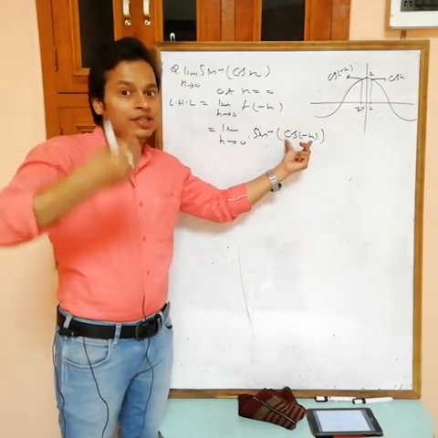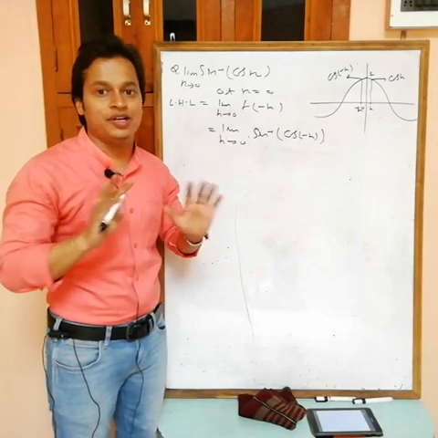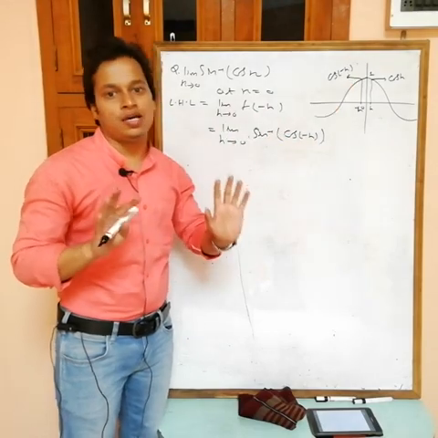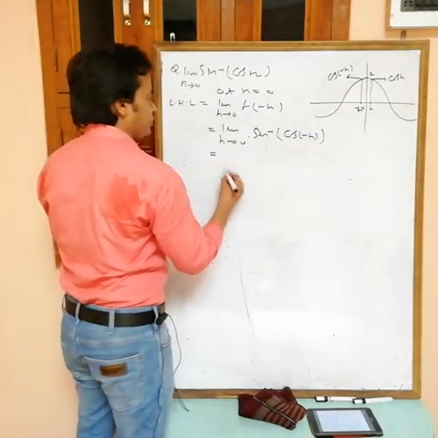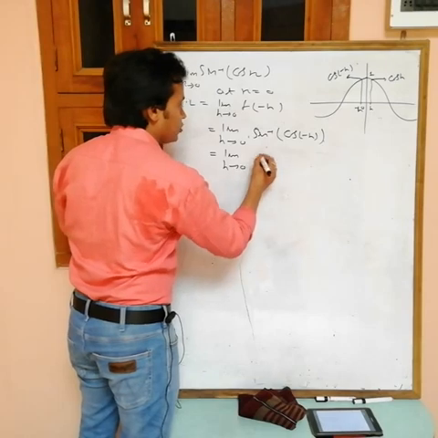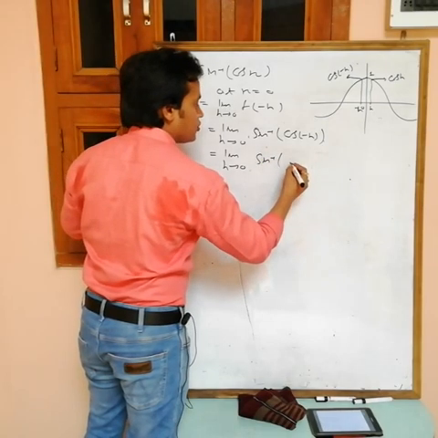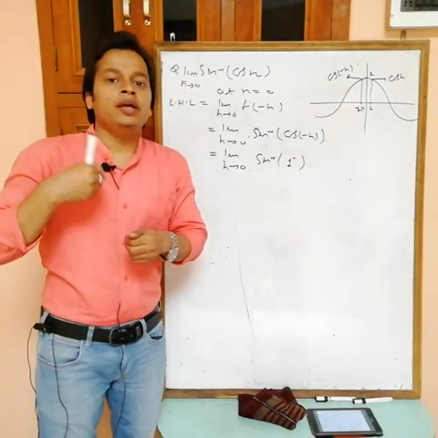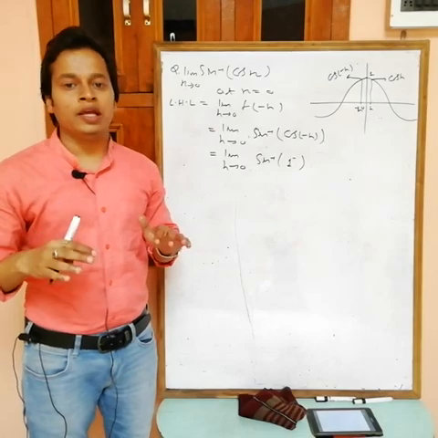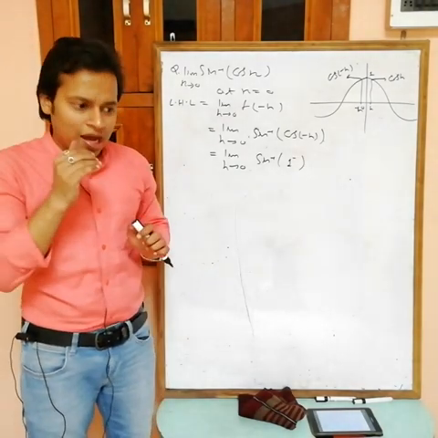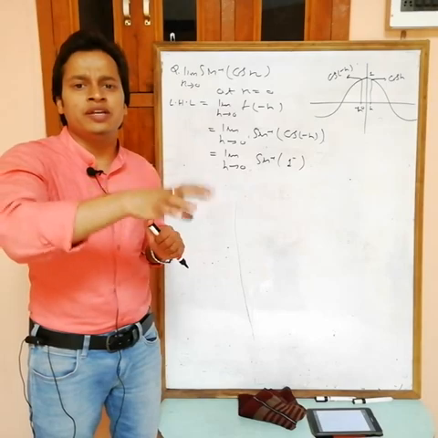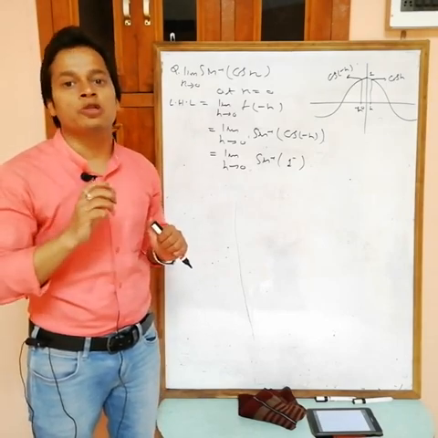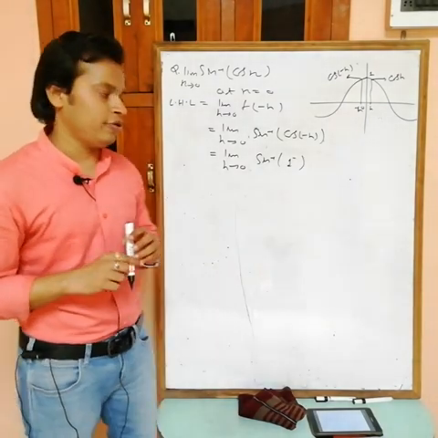If this quantity were just greater than 1, then sine inverse would not be defined and the limit would not exist. But at this time cos of minus h is just less than 1, then sine inverse is defined. So limit h tending to 0 of sine inverse, where the value of cos minus h is just less than 1. Now we know that sine inverse 1 is equal to pi by 2, then sine inverse of just less than 1 is a little less than pi by 2, but approximately pi by 2, so I can write the answer as pi by 2.